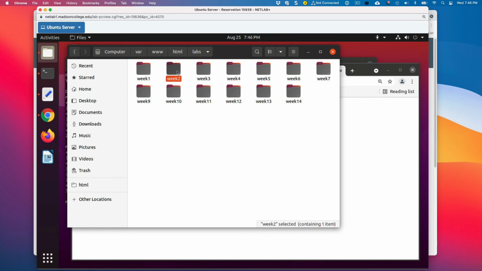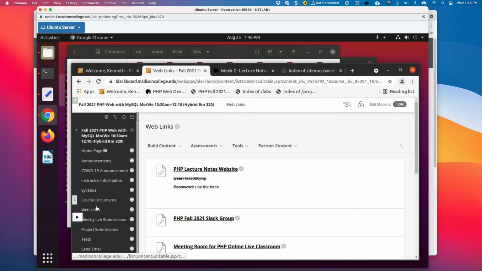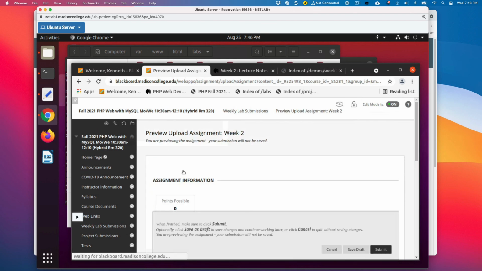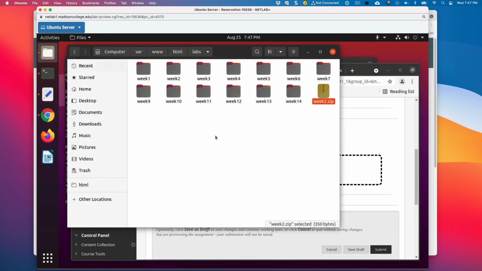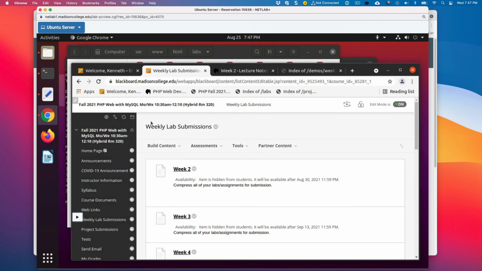You'll compress your week 2 folder to a zip file. You'll go to Blackboard, to the weekly lab submissions. Week 2 will be open for you. You'll click on that, and then just drag it in right over to here. Let's see if I can do it from here. Yep, just drag it in right here, and there you go. Then hit the submit button, and you're good to go.